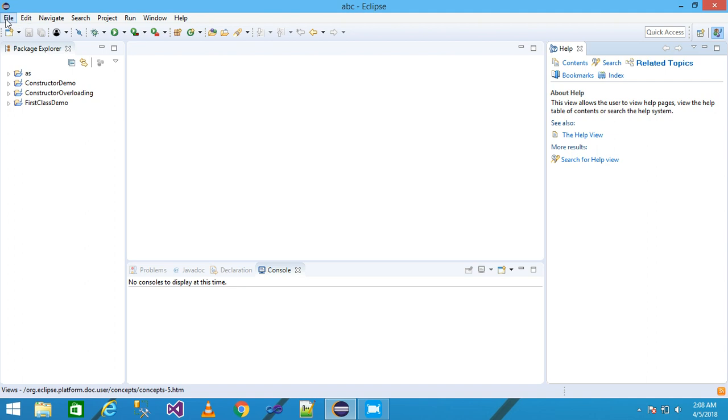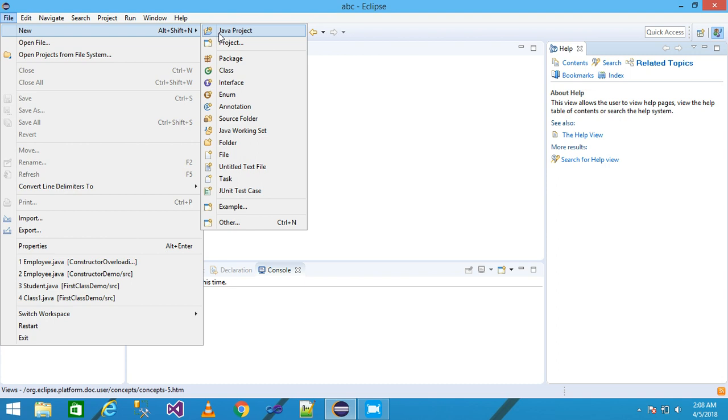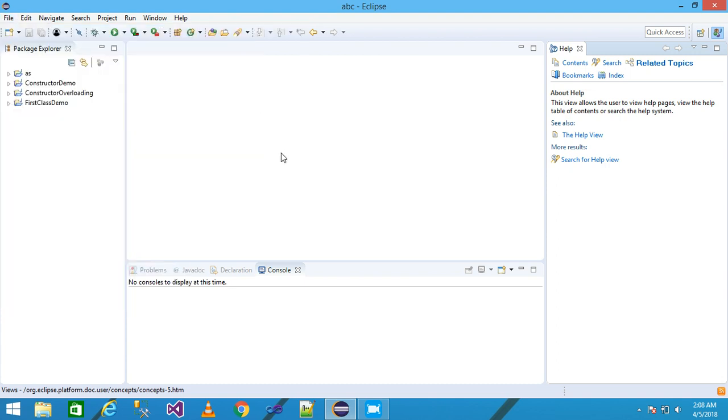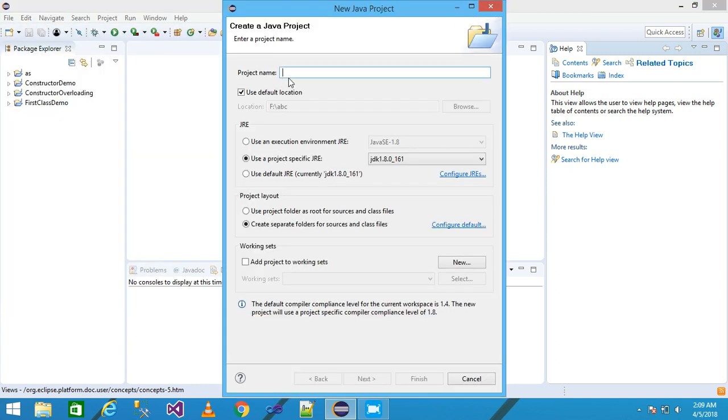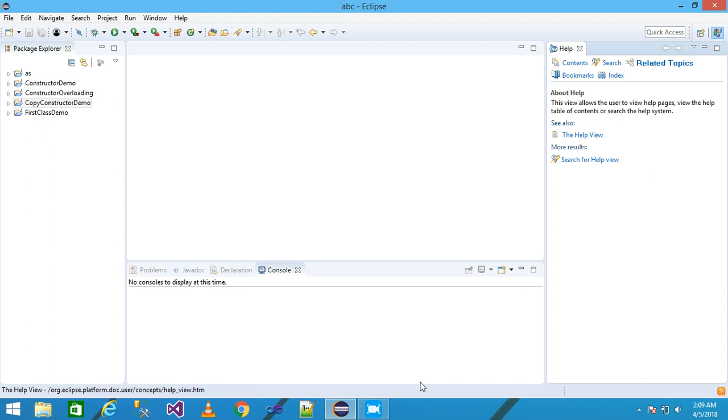First of all, I click on File, then New, and take a Java project. I need to write my project name, and I am simply giving my project name as copy constructor demo, and then click on Next and Finish.